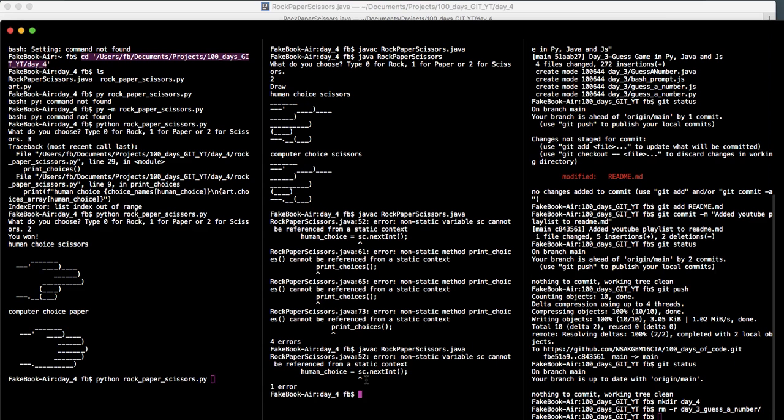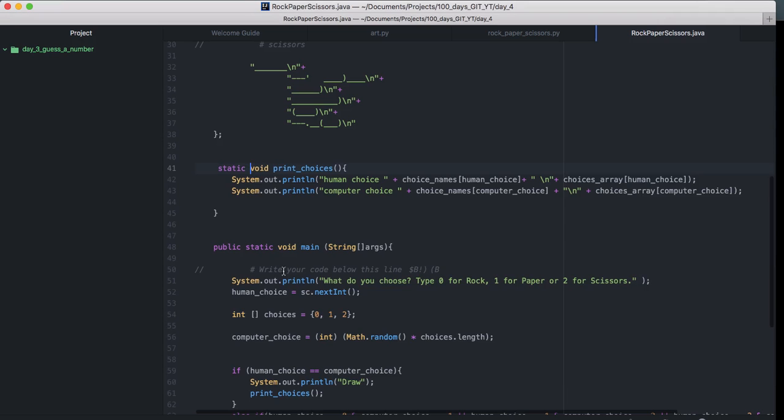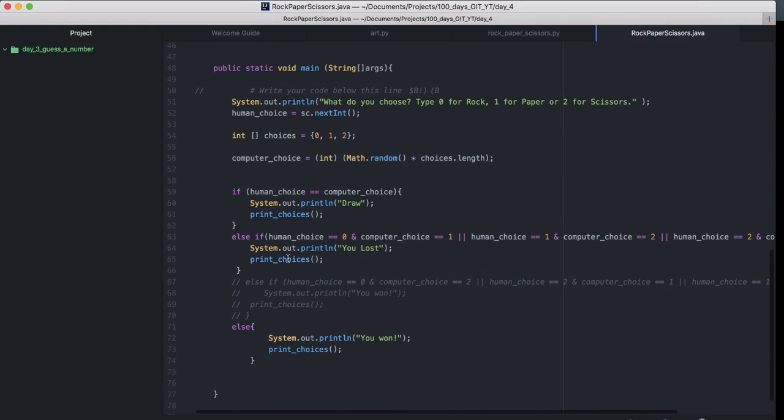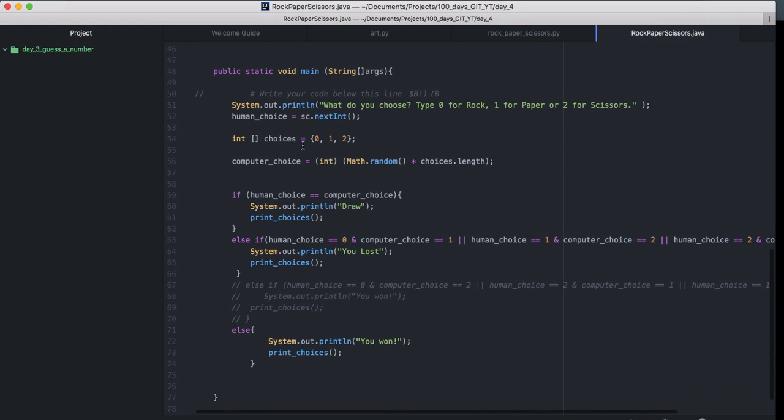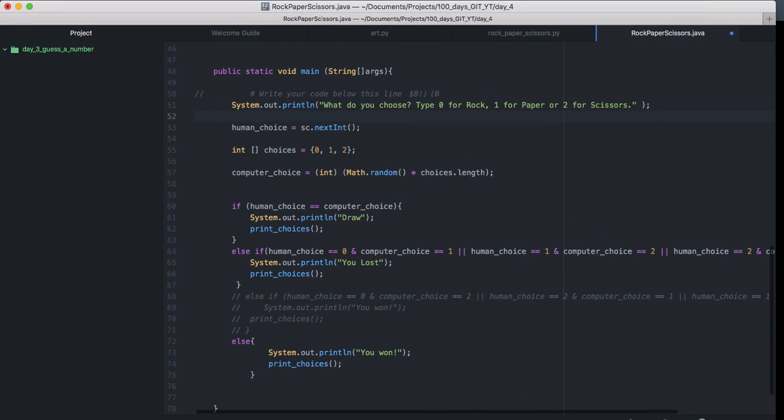Okay, now we have one error left, which is this one, the scanner, right? So one way we could solve that error, since we want to leave it as an instance variable instead of a static variable, we could come over here and start it as this. We would create an instance, right?